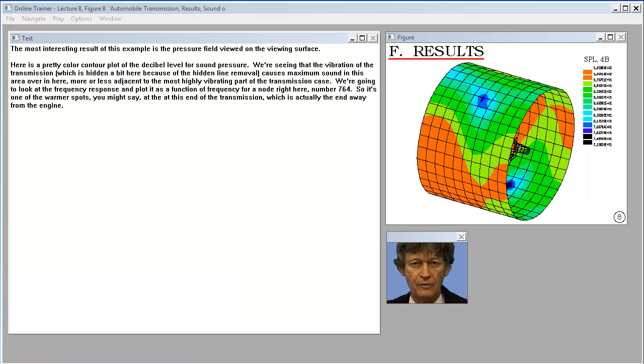The most interesting result of this example is the pressure field viewed on the viewing surface. Here's a pretty color contour plot of the decibel level for sound pressure. We're seeing that the vibration of the transmission, which is hidden a bit here because of the hidden line removal, causes maximum sound in this area over in here, more or less adjacent to the most highly vibrating part of